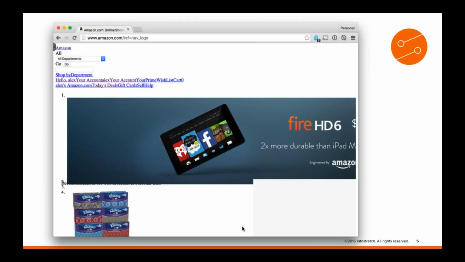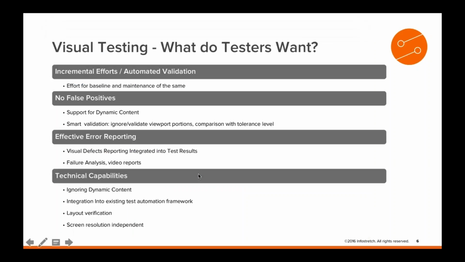Here's another example from Amazon. In this particular case, I'm sure a lot of us have seen such deformities where the CSS does not load, and as a result, your page cannot show what it is intended to show. Again, there is nothing wrong with the page. It is just that in that particular scenario, CSS did not load, and the page did not display correctly, right? So hopefully this gives you an example of where such visual deformities can hit you,